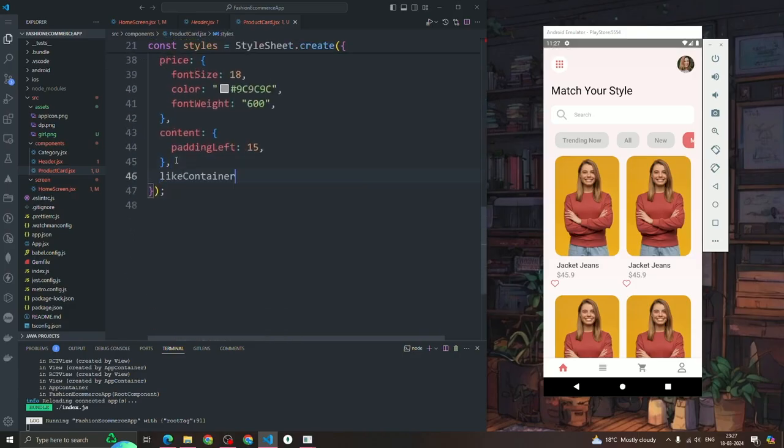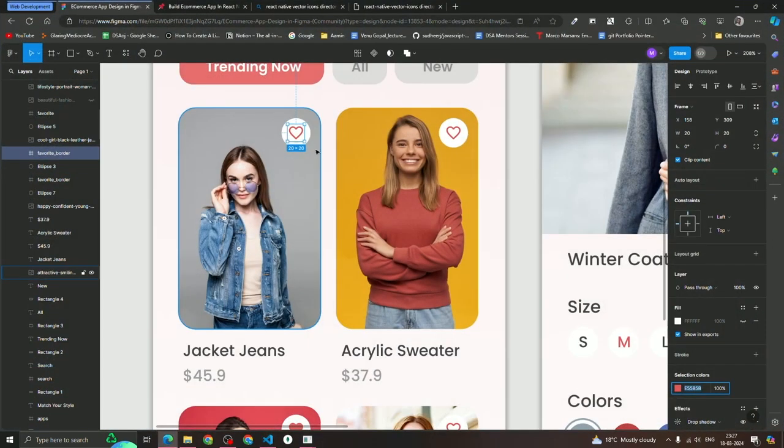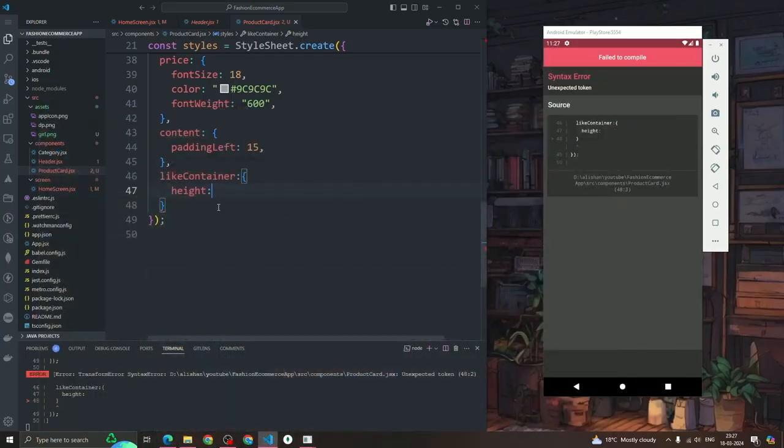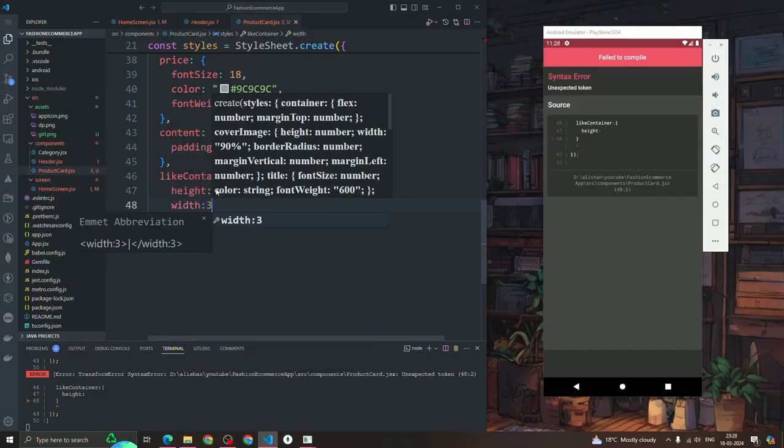Now the like container will have some height and width. So first of all, the size will be 34. Oh sorry, my bad. Height and width is 34, so let's define height and width 34,